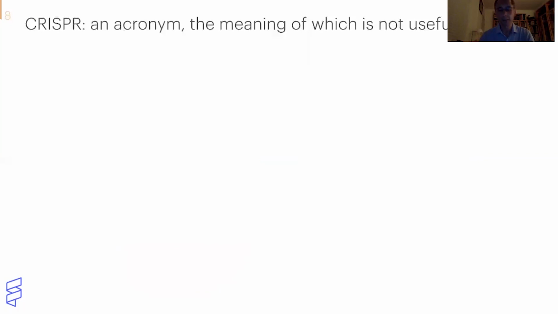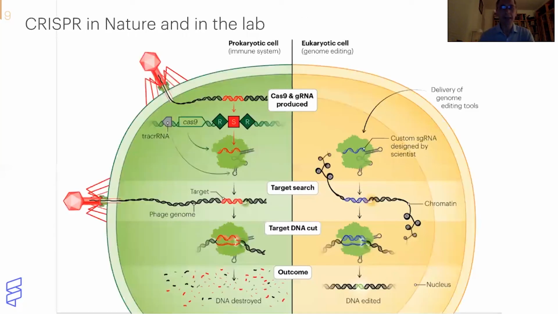Now, it's fascinating now that Jennifer and Emmanuel have been honored with a Nobel Prize, which is overwhelmingly well-deserved, that there will be legions and legions of high school students that will have to memorize what CRISPR, the acronym, stands for. And one of the funny things, to me, is that the acronym has a meaning which is not useful to genome editing, because obviously it starts, clustered regularly interspaced short palindromic repeats. I mean, moving on. But what I think is truly noteworthy and fascinating is the amount of adaptation